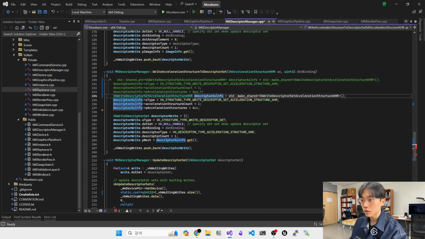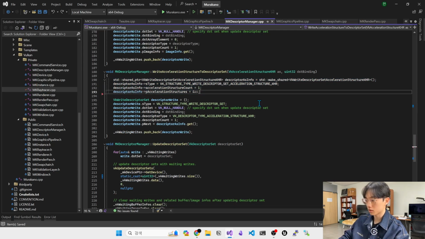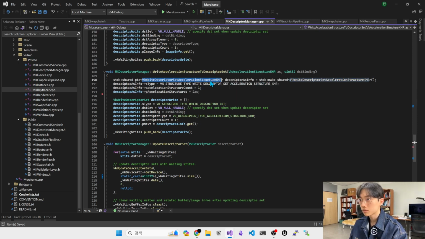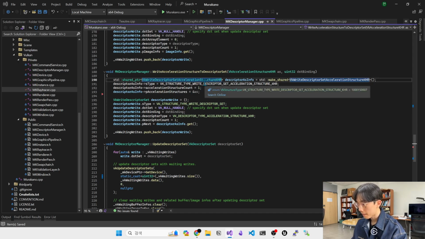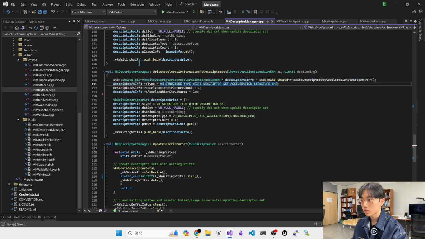Because this is not the problem. I write descriptor set, sure, it's fine. Acceleration structure count is